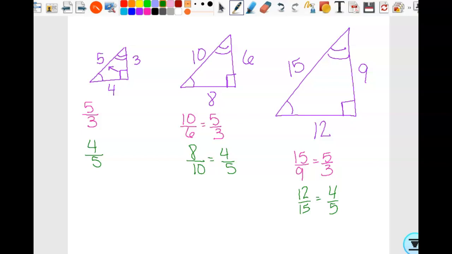But we're not going to use a calculator on this for a very long time, right? Because we're not interested in the side lengths and the actual angle measures right now. We're interested in how these sides are related to each other, okay? Are we good at this point? All right. So let's go back over here.